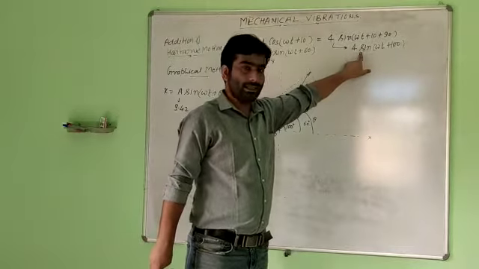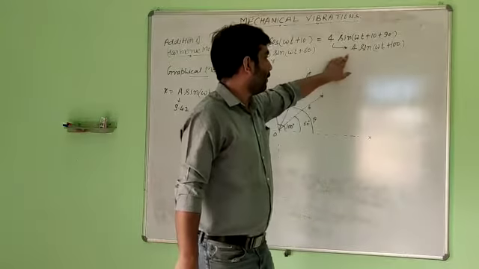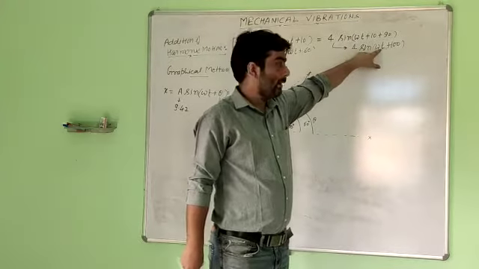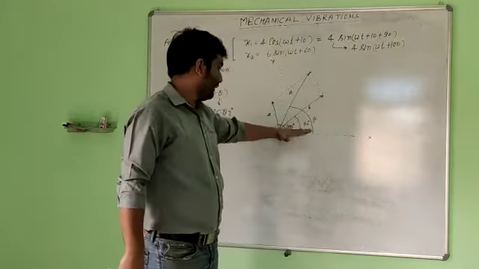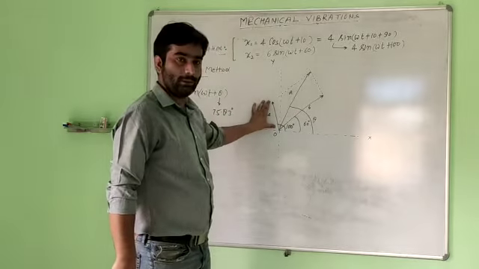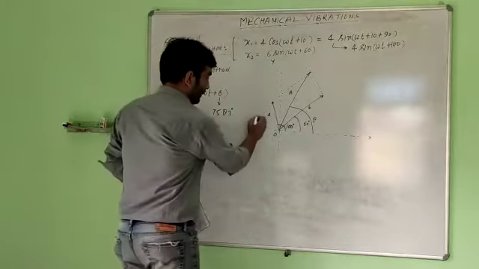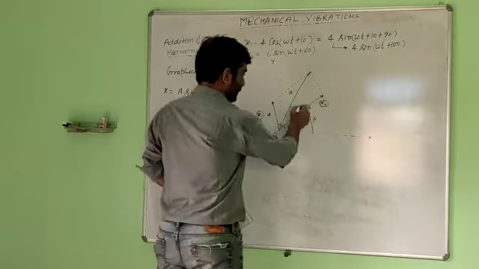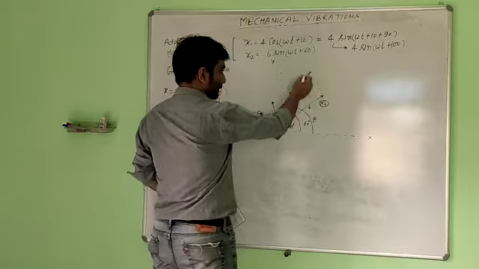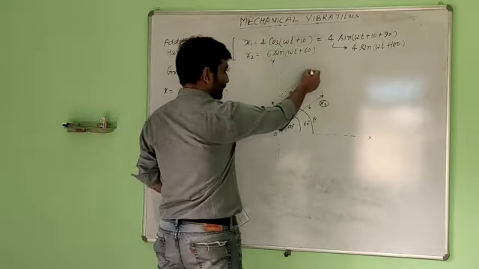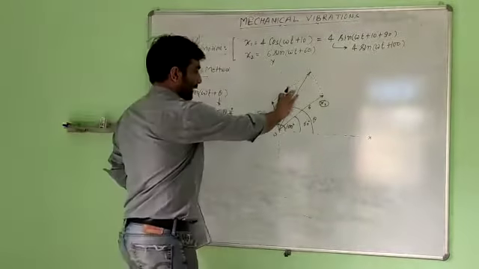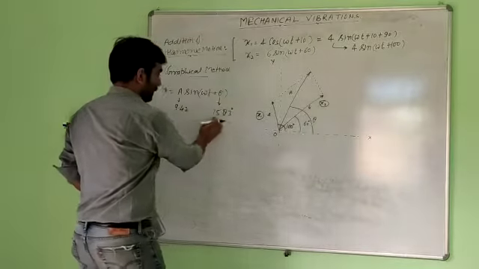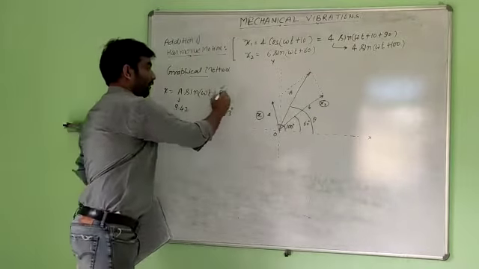Then draw this harmonic motion. How are we going to draw it? We take a vector of 4 units rotating with an angular velocity of omega, having phase angle 100 degrees. This is x1. Then we draw x2 in the same manner. Then draw a parallelogram and connect the origin to this point, meaning calculate the diagonal. The length of the diagonal will give the amplitude, and the angle of that diagonal with the x-axis will give the phase angle of the resultant.